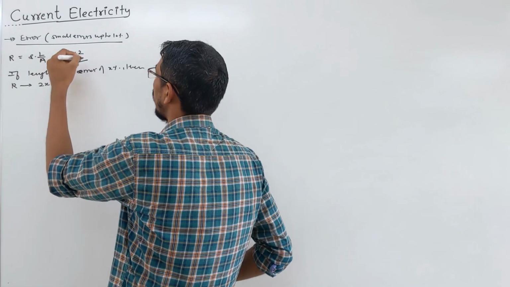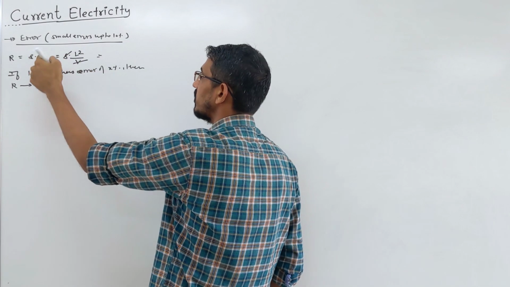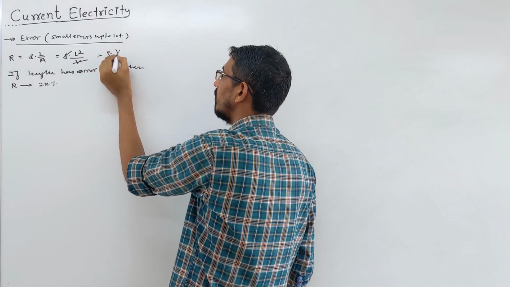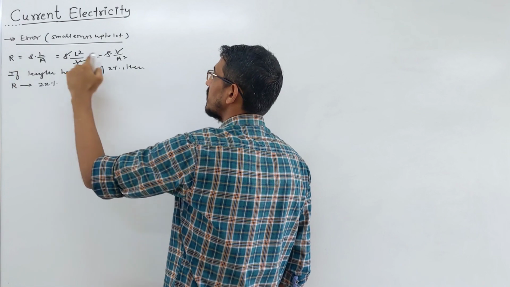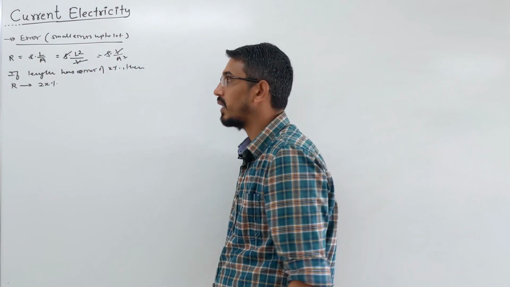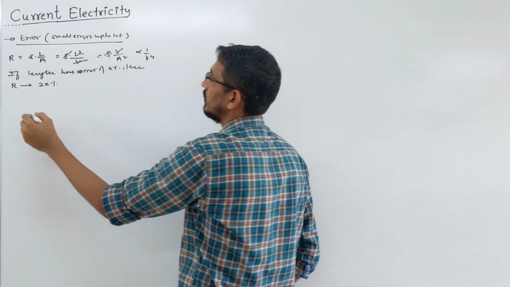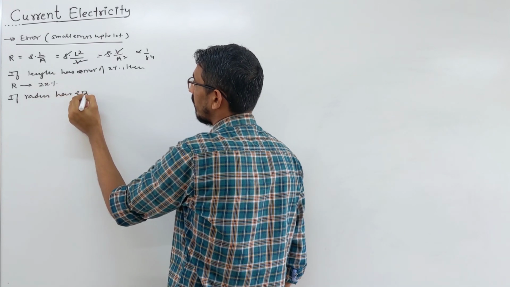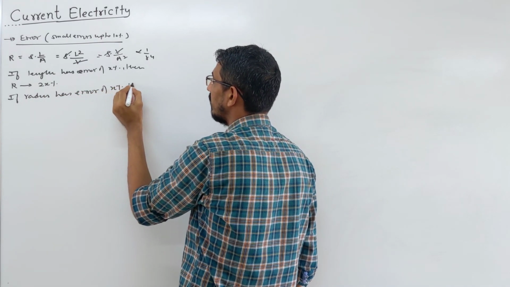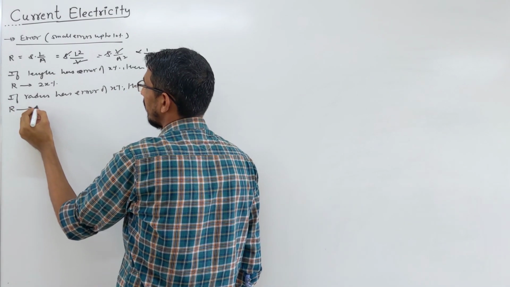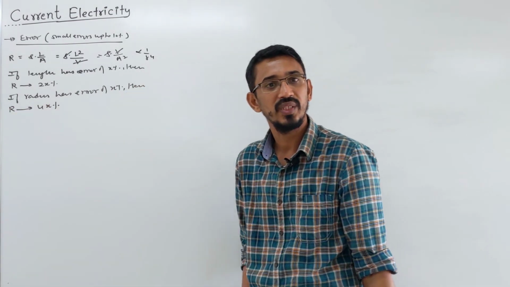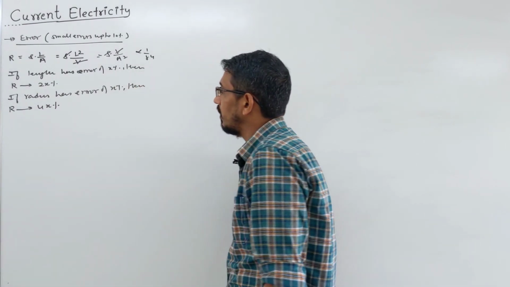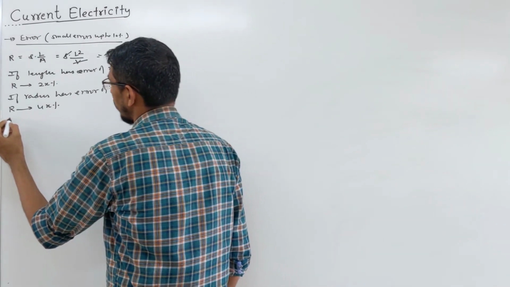Okay, and same formula, in terms of volume, in terms of the radius of the wire, you multiply by area and divide by area, you get rho volume by area square, constant. So resistance is inversely proportional to area square. Area is again pi r square, so inversely proportional to R power 4. So if they say radius has an error of x%, then your resistance will have an error of 4 times the x%, right? Yes, these are the basic error questions. All you have done. So these were some shortcuts that you need.